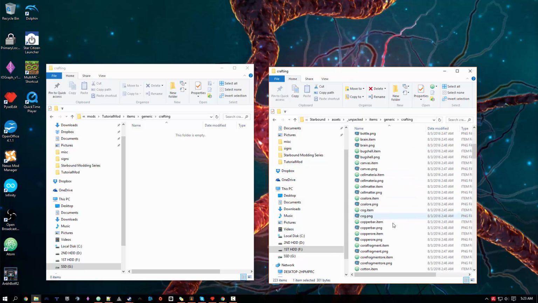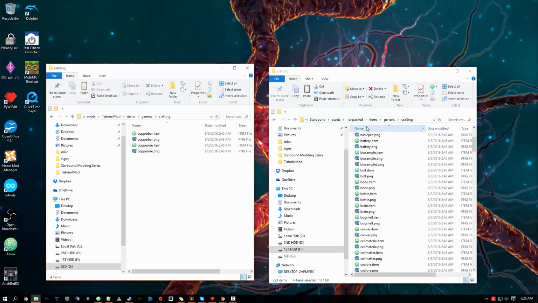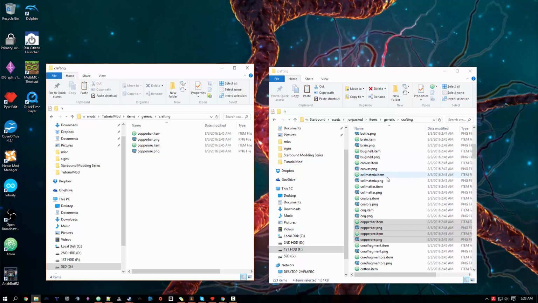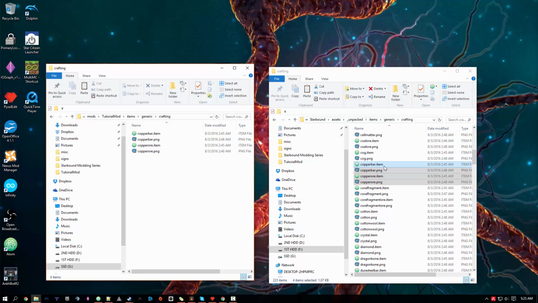Okay, so now we'll come down here and we'll see we got copper bar dot item, copper bar dot ping, copper ore dot item, and copper ore dot ping. We're going to grab all four of these, hit Control C, bring them over here, and Control V. It's a lot easier when you're making new items if you can go through the items that already exist in